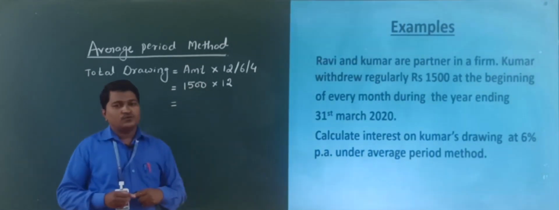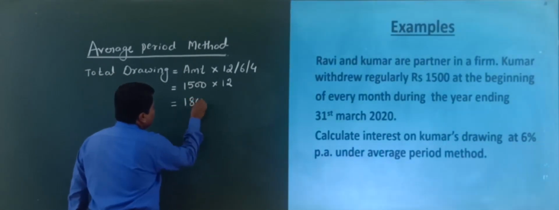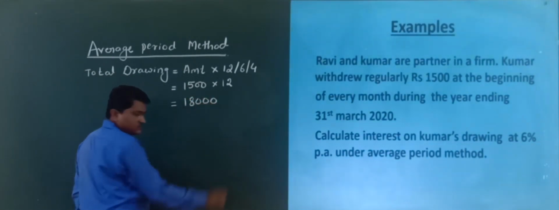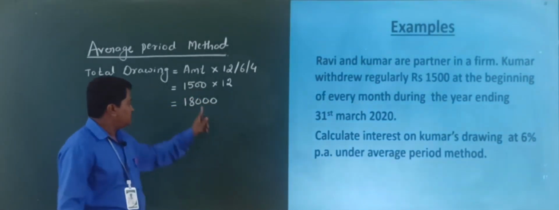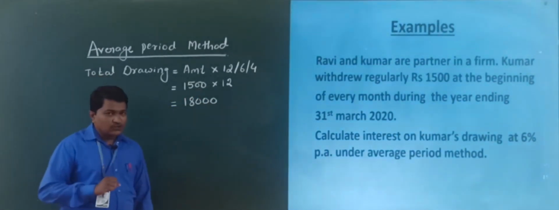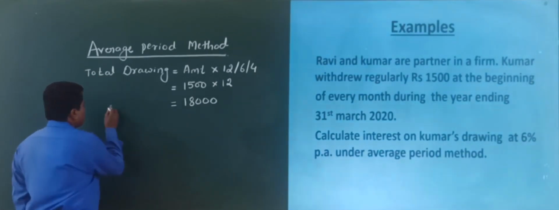1500 into 12. Yes, what's the answer? 18,000. Is it right? 1500 into 12, yes, 18,000. So what is the total drawing here? 18,000. So I will write here